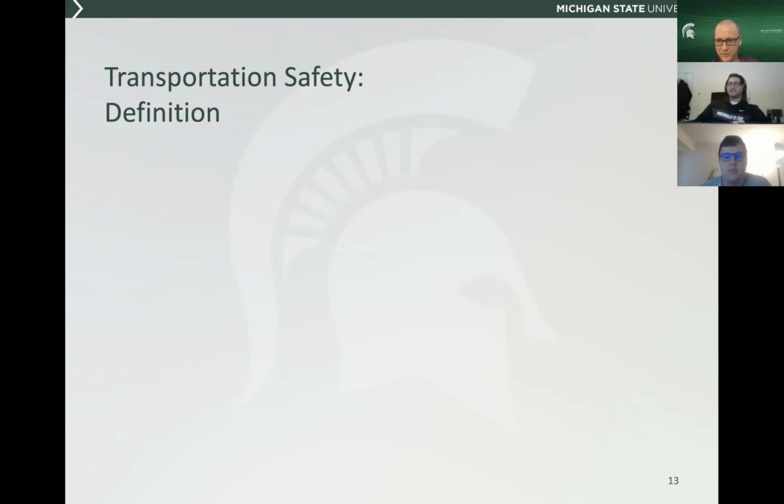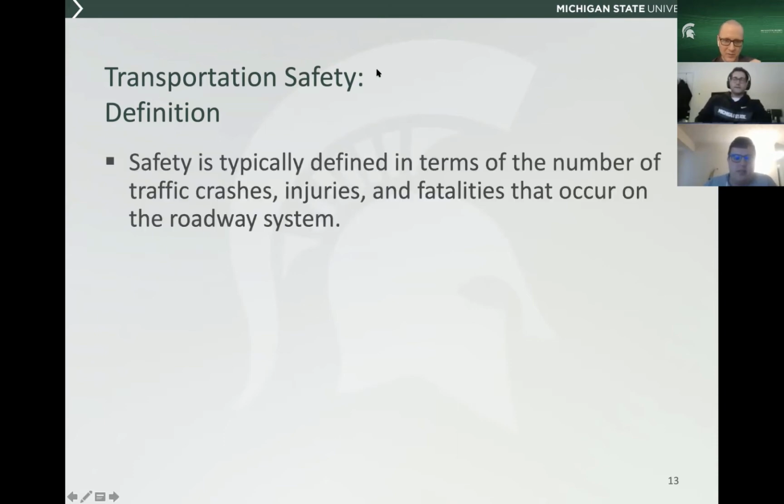Very good. Any additional insights there, Travis, on your end? You could say it's measured by the number and severity of crashes, like that's how you would quantitatively or qualitatively measure it. Yeah, so that's right in line with what I've got here. When we talk about traffic safety, we're generally talking about how a roadway, a roadway location, or a roadway system is defined in terms of various safety metrics. Interestingly, Jordan, you started with injuries and fatalities. The one I would usually go to first is traffic crashes, but there are several different ways to look at this from a driver standpoint.